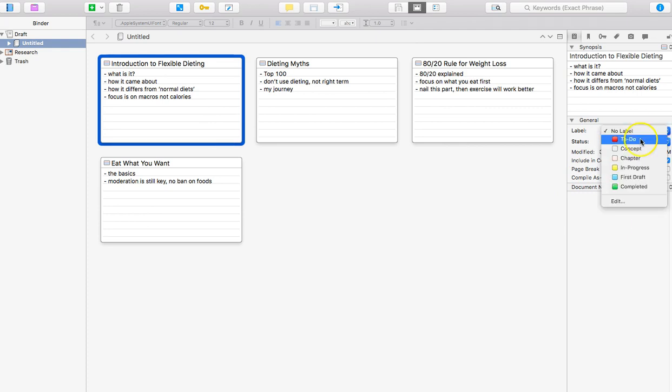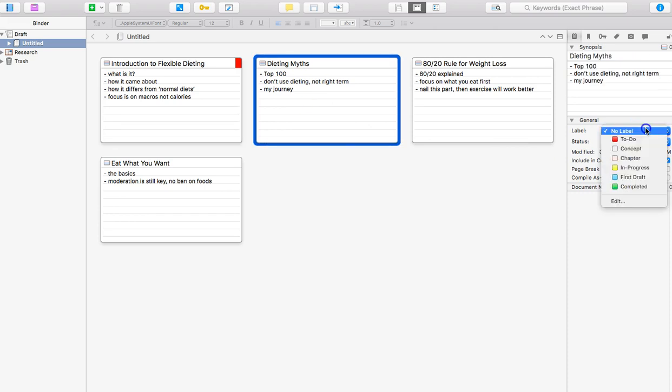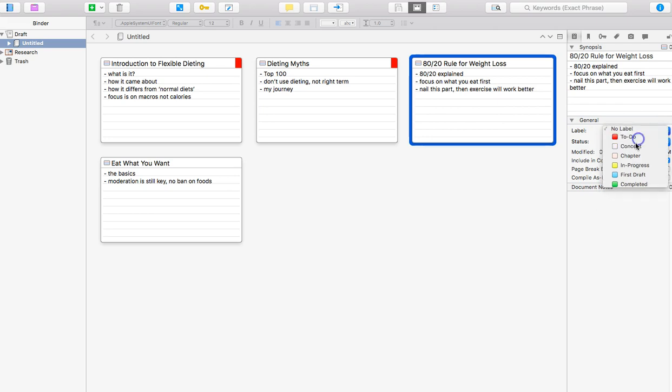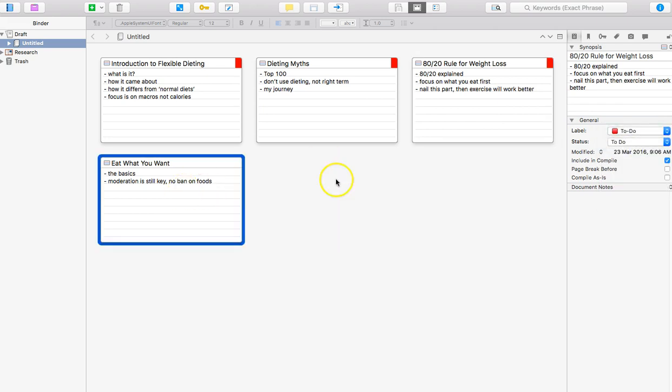So I'm going to change this label to do, and you'll automatically see when looking at the corkboard view that it gives it this color here. I'm also going to update the status, which is to do as well, so that I can just see, it just helps me at quick glance. So I'm just going to apply that to all of these ones here because they're all at that part of